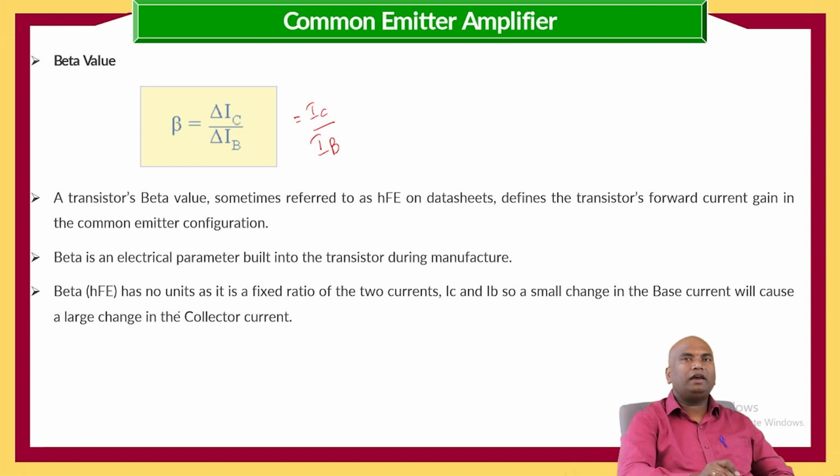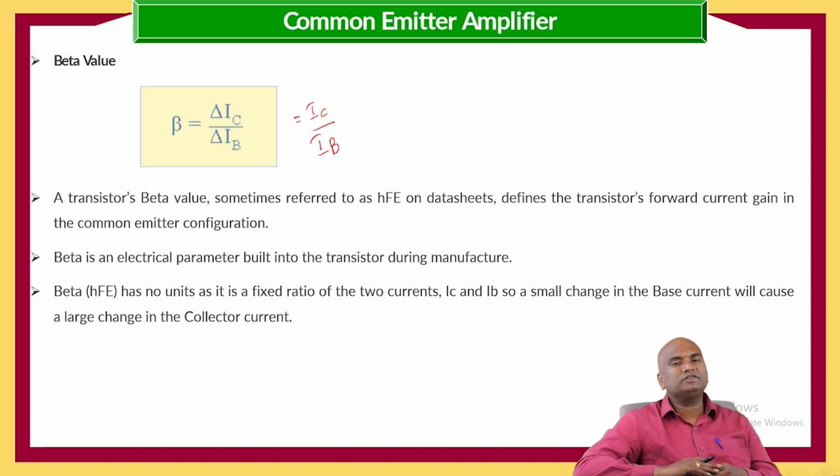Beta has no units, as it is a fixed ratio of two currents, output current by input current. So the amperes get cancelled, and there are no units for beta. Where IC and IB are so small,